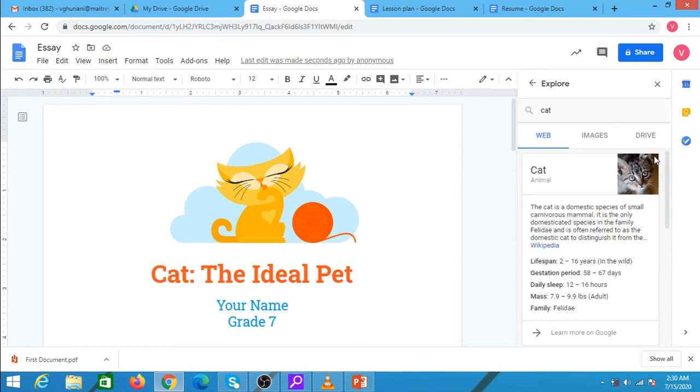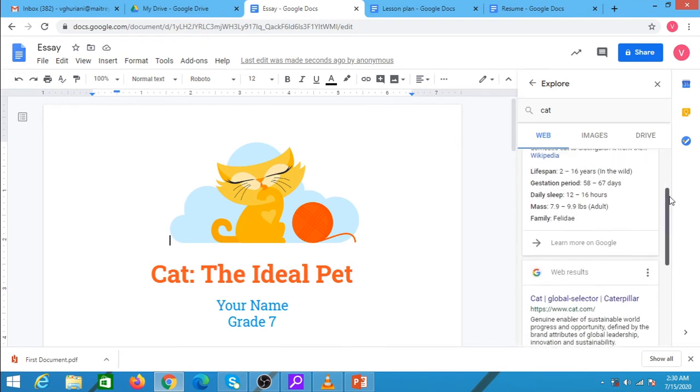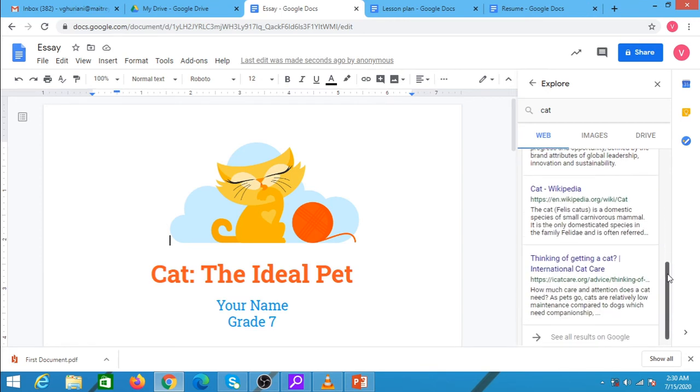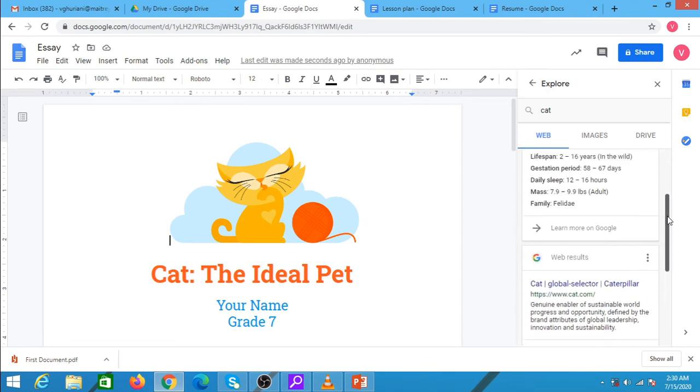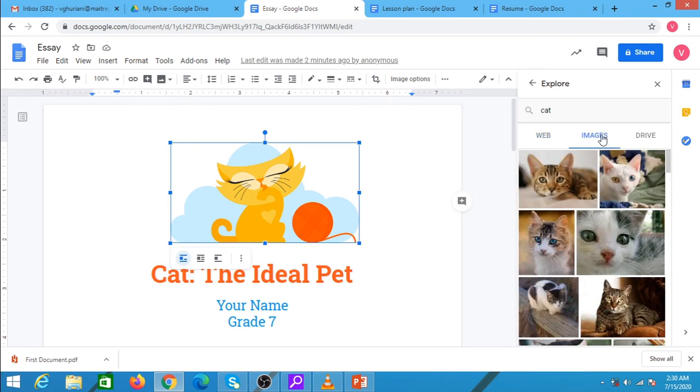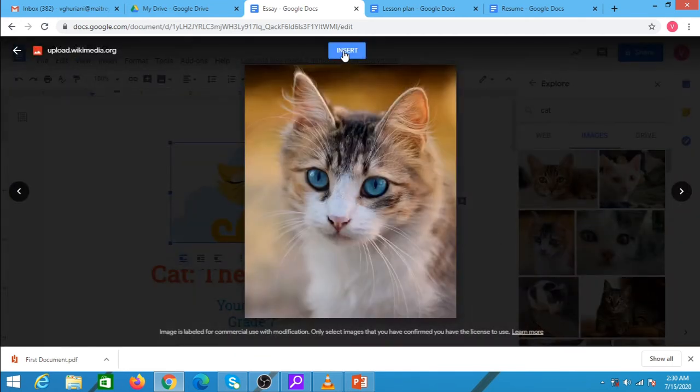It gives me the results. We can scroll down, and if we wish to select or use any one of them, we can directly click here. It is also showing me the images tab. Suppose we wish to replace this particular image with some other image that is available on the web, I can click on the images tab, select the image that I wish to insert over here, and I say insert.